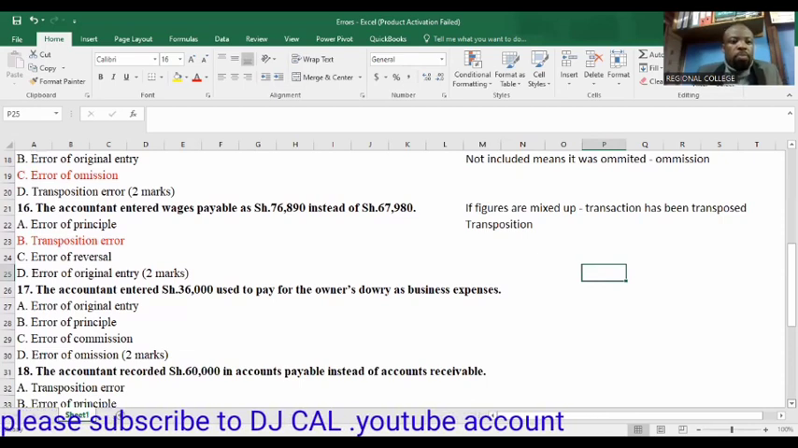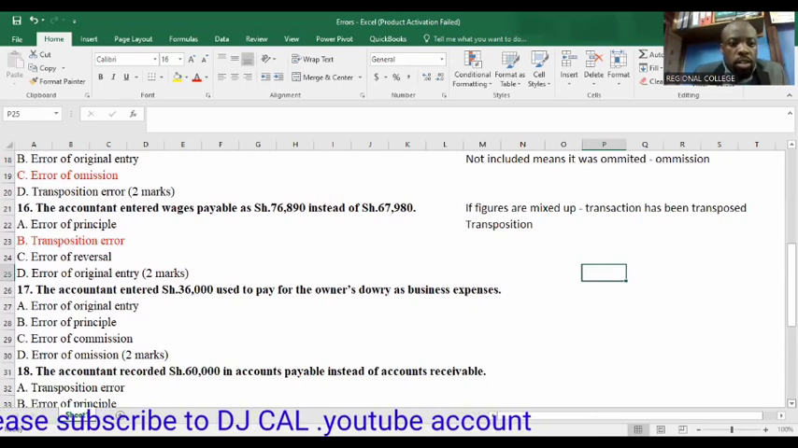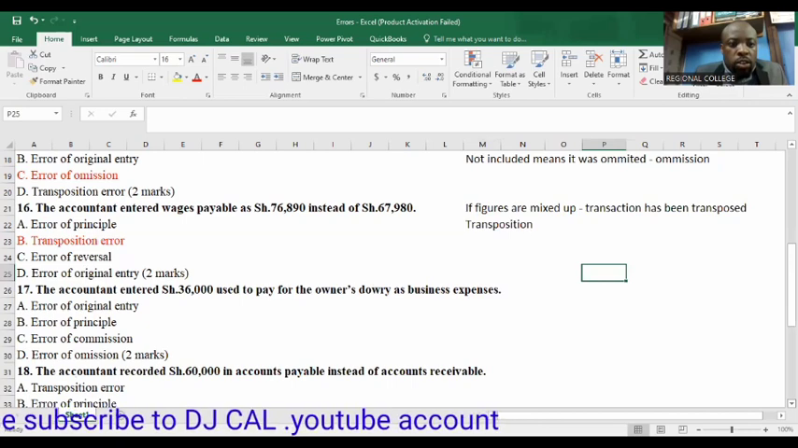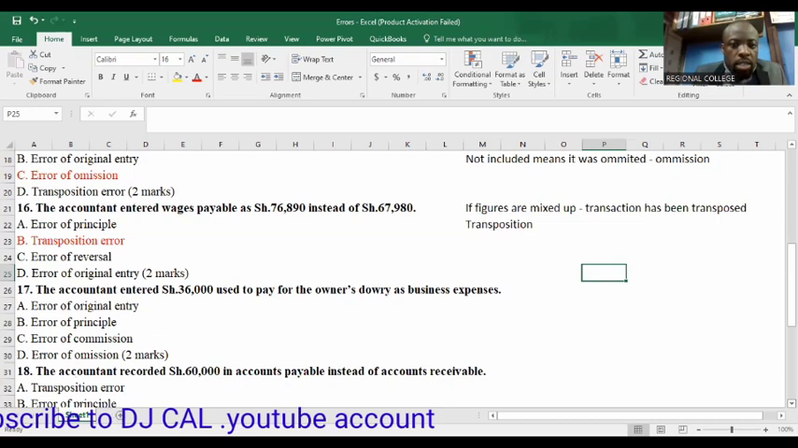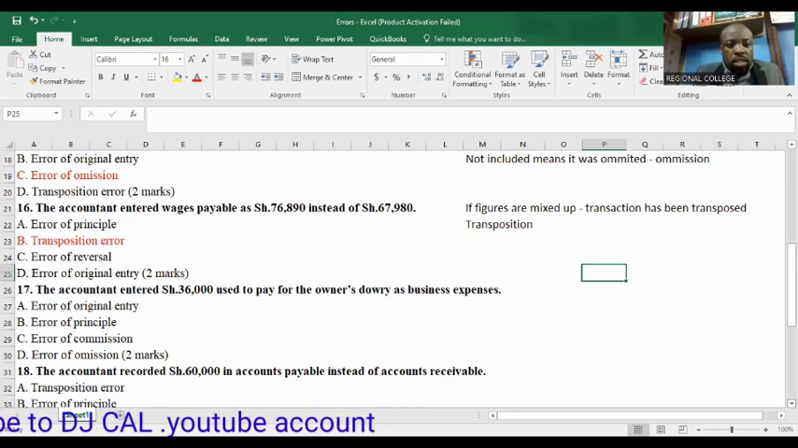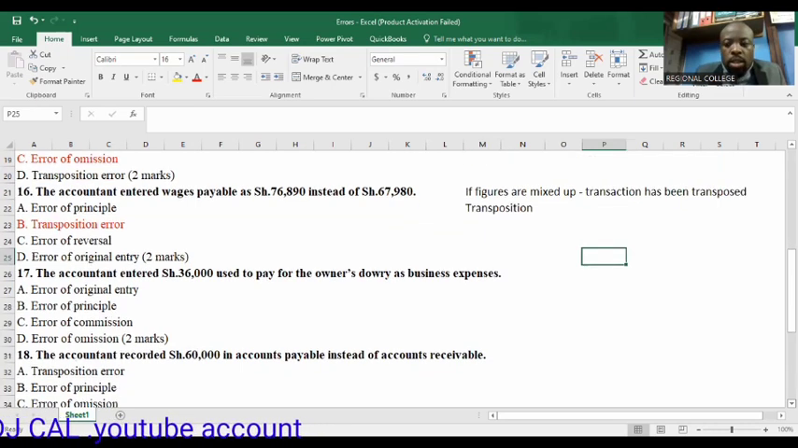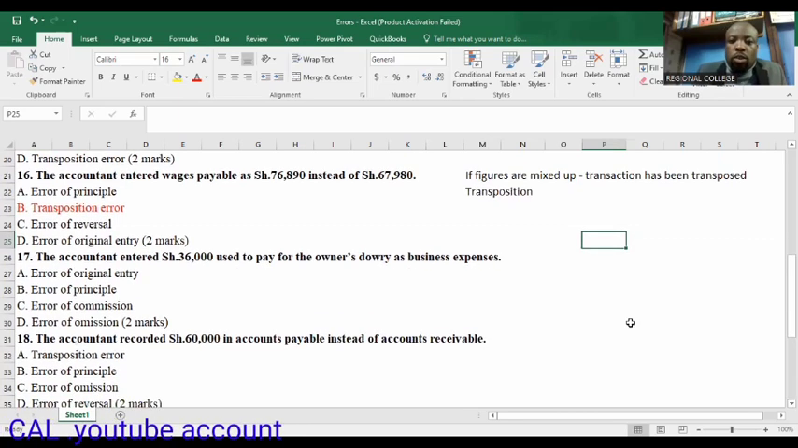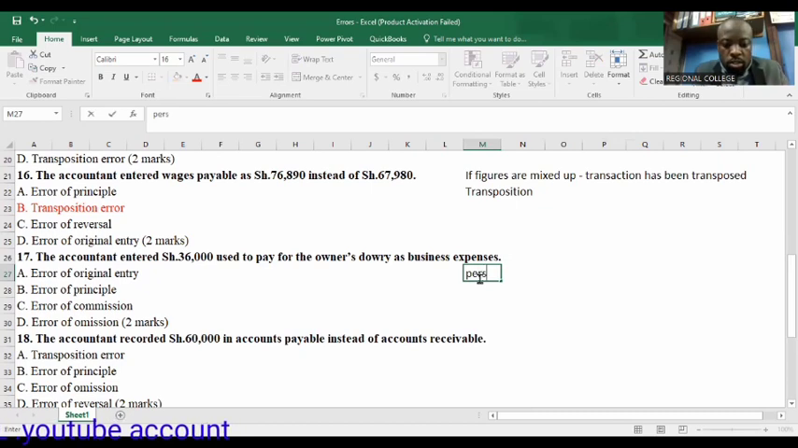Then 17 says the accountant entered 36,000 used to pay for the owner's dowry as a business expense. So remember, this person is bringing something outside, which is personal, into the business. Okay, so the personal things, that means you are violating. So personal transaction